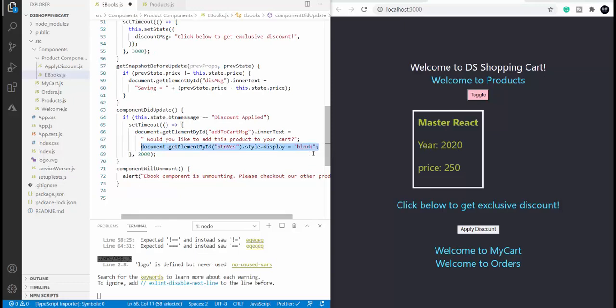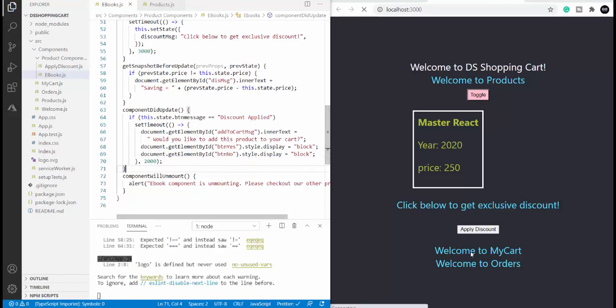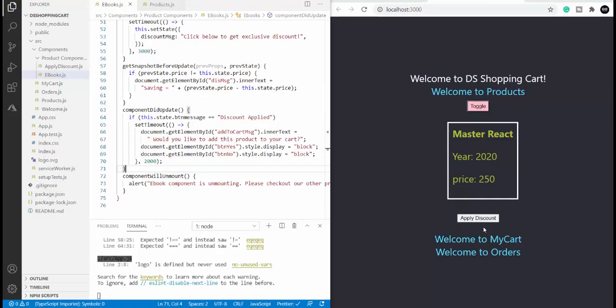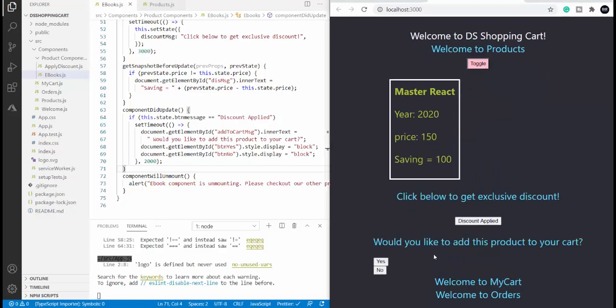Copy the same thing and do the same thing for the no button. Save it. Let us test it quickly. Apply discount. Yes, I got these two buttons.